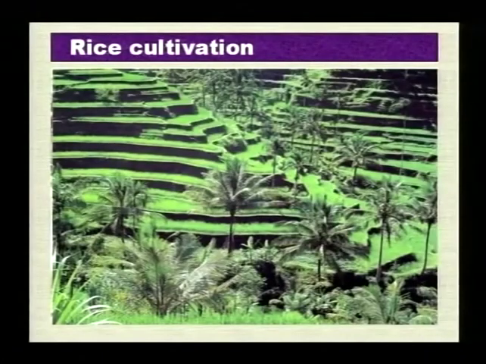Terrace. Oh yeah, definitely. These are terraces that are actually built. And the terraces are like step features that go up on the hill to make use of every available land on hill slopes for rice to grow. So that's an example of rice cultivation in Indonesia using terraces along hill slopes or hillside.